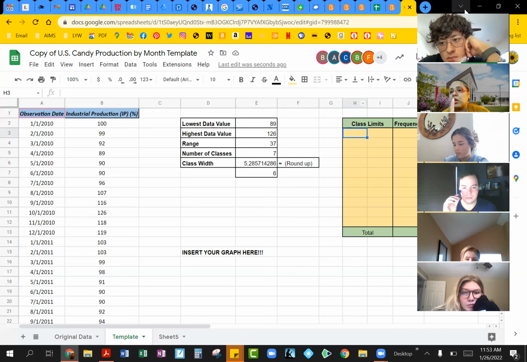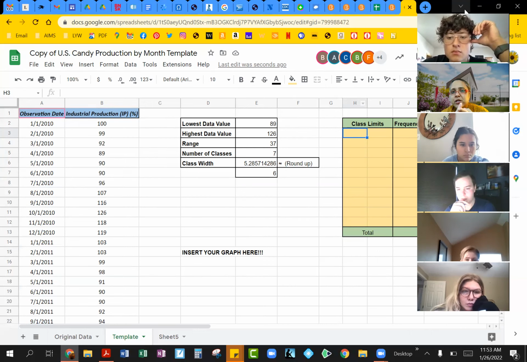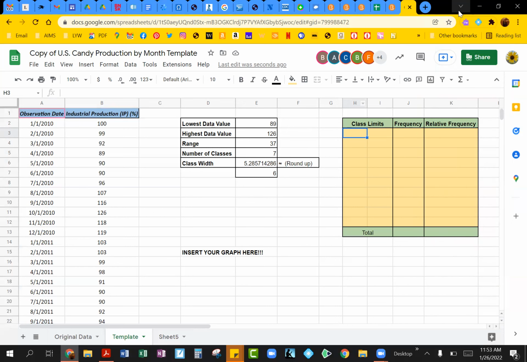always make sure that the way you come up with those classes for your frequency distribution, you are including the lowest data value and the highest data value. You don't want those numbers left out of your table. So when you're designing those classes, make sure it will include 89 and it will include 126. The best way, when you're starting out with that first class limit, the lower one, is to just use 89 as your starting point, because you know 89 is the smallest number we have